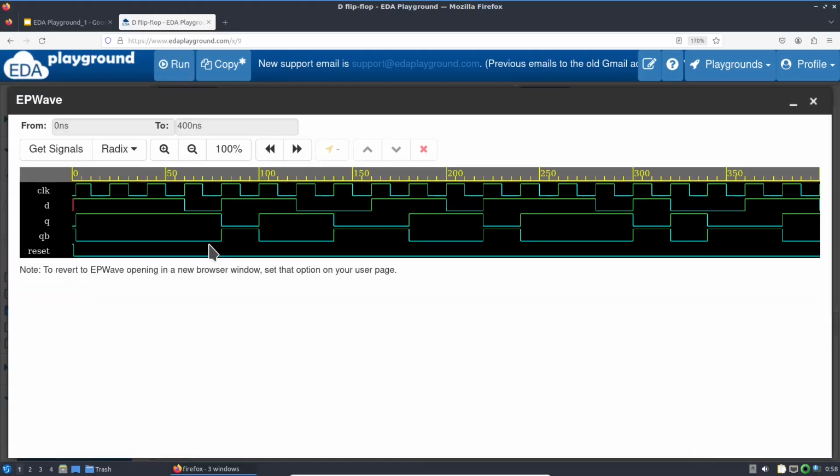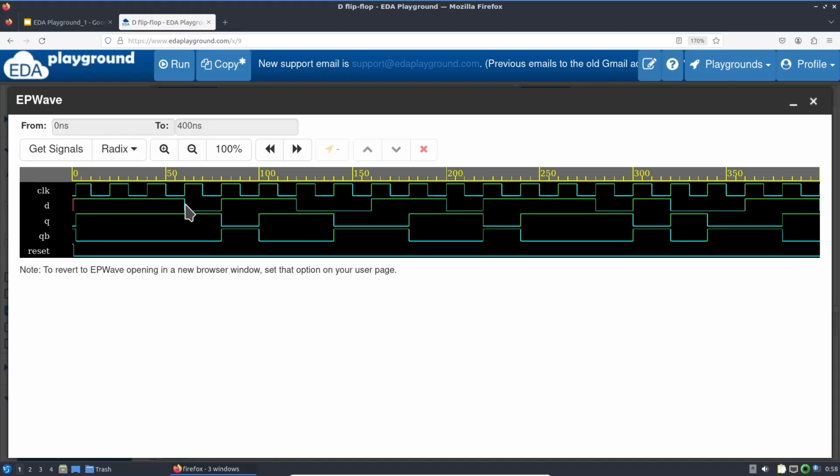So now the simulation is slightly more interesting. The value of D is changing. You run it for more clock cycles, and because it is random, you see the changing pattern of D is not uniform. But the characteristic of a D flip-flop is that the signal Q is 1 clock delay of